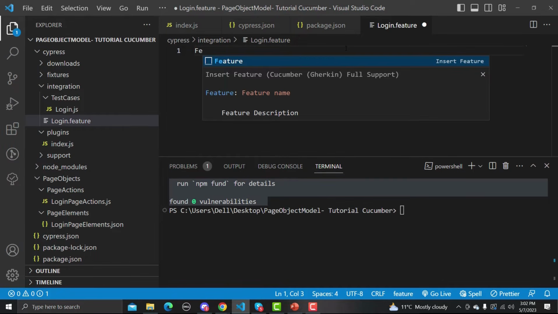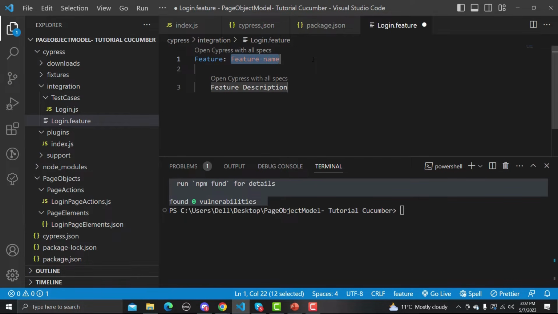So as soon as I start typing, it's helping me, and it will be easier for me to write a feature file here. So the feature is Orange HRM login feature, and here we need to provide a description of this feature.